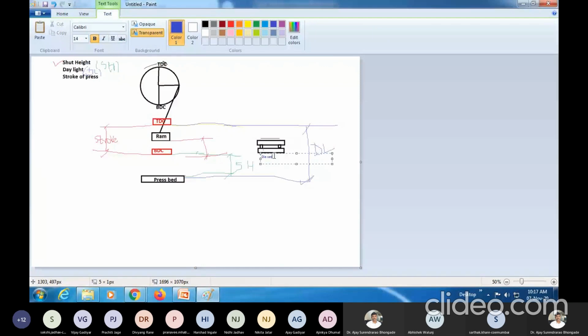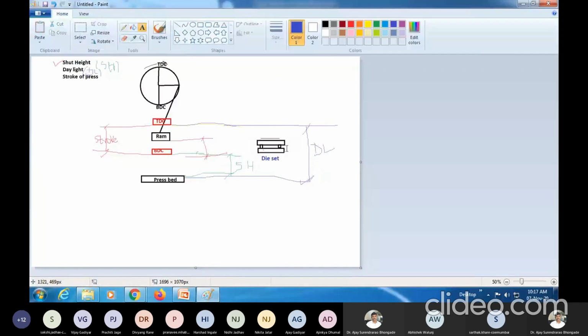Now the die set will obviously be the distance between the top surface of the upper die and the lower die, and that distance must correspond to the shut height. Correct? It should not be otherwise, because then only we can get that particular stroke there.